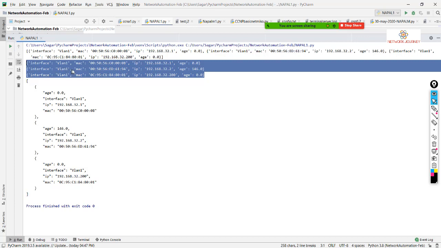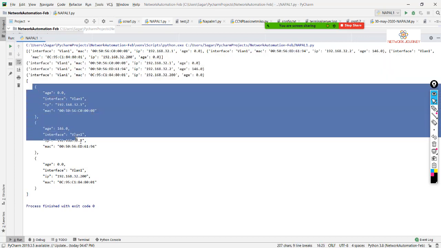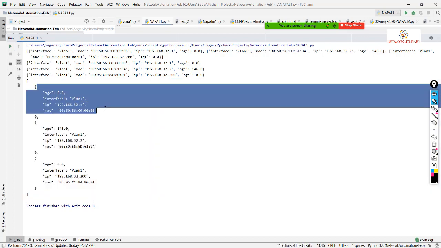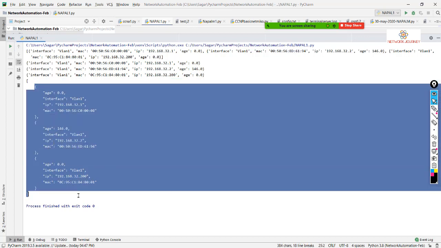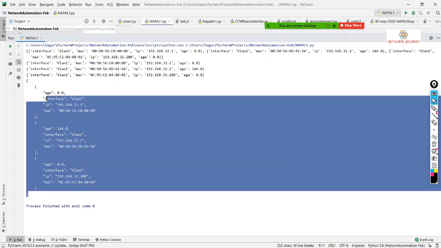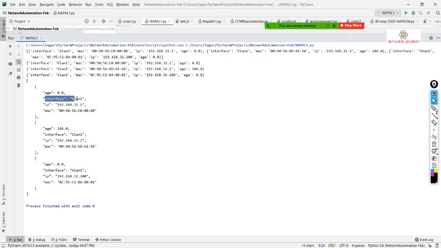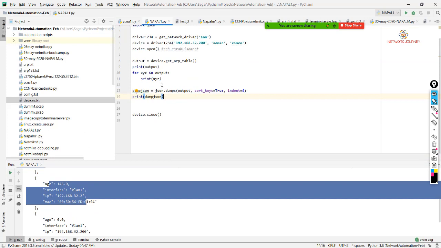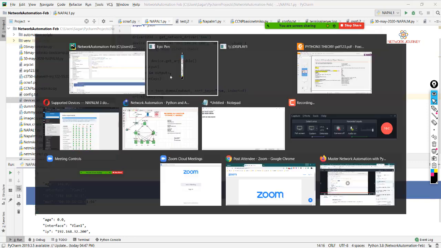What I did is, since these are in a dictionary format, I made use of JSON with Python, and I got the output in JSON values now. You will see this is again in the dictionary format, but it's written in the JSON format. So this is readable to anyone, and you can easily understand what is what. This is in a key value syntax. This is how we can easily get JSON features within Python, because it's already in the dictionary format, and we can easily convert them.